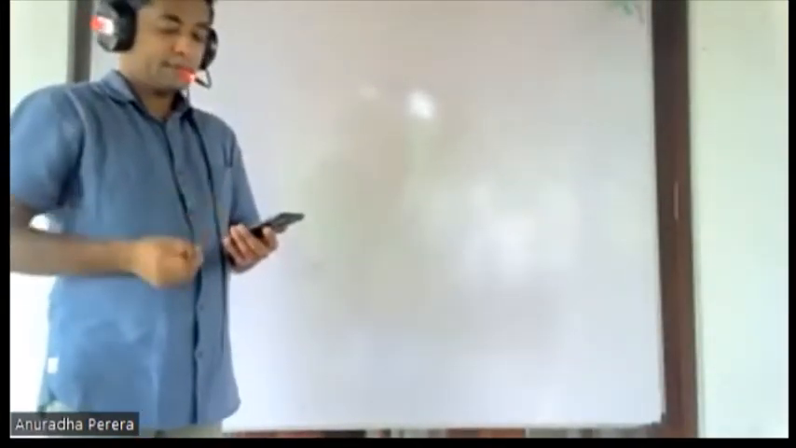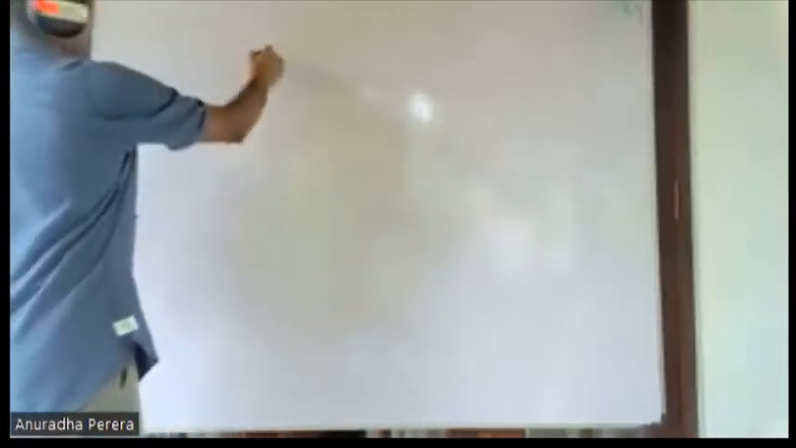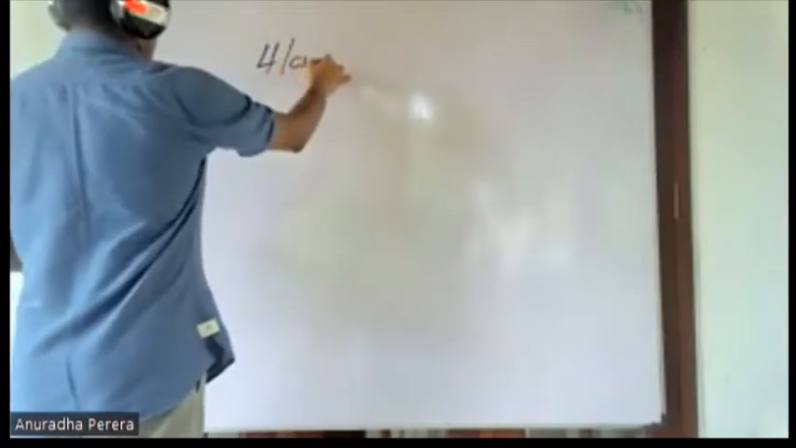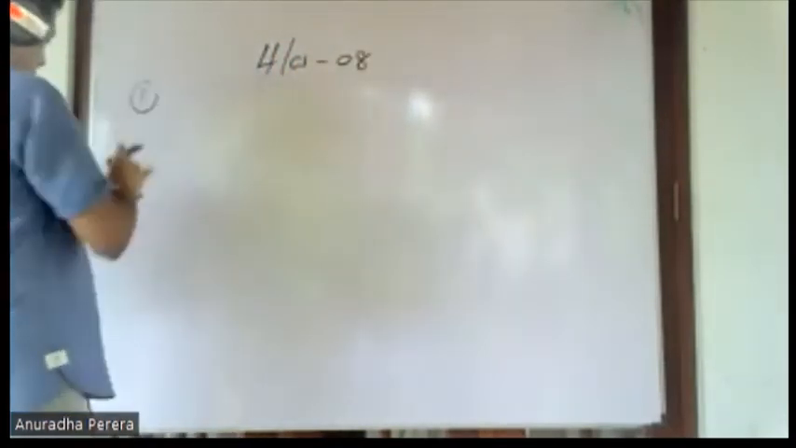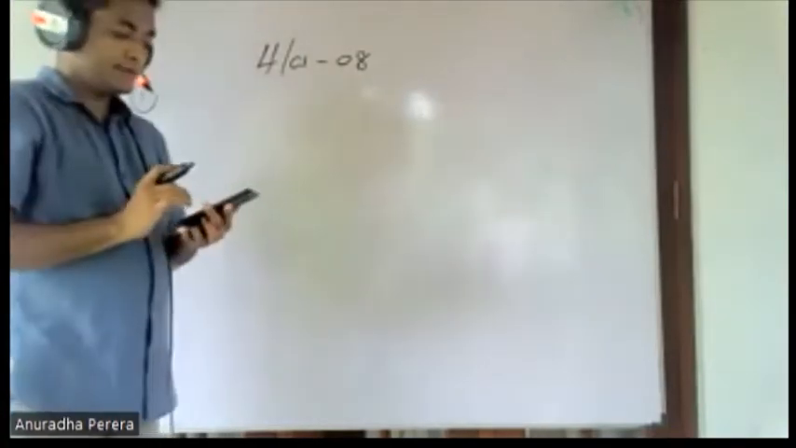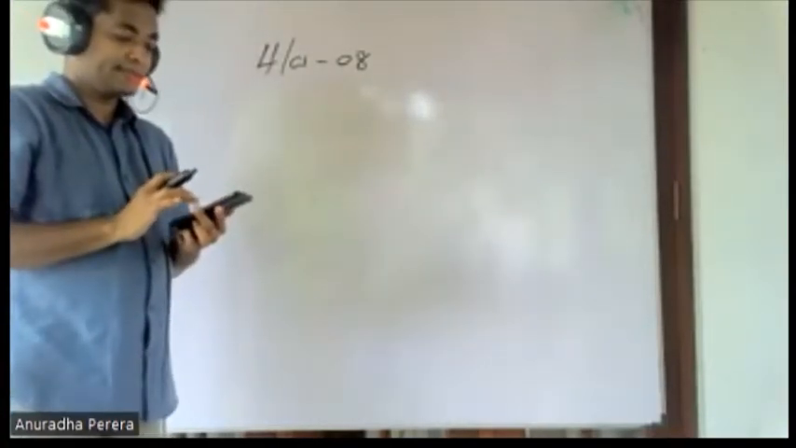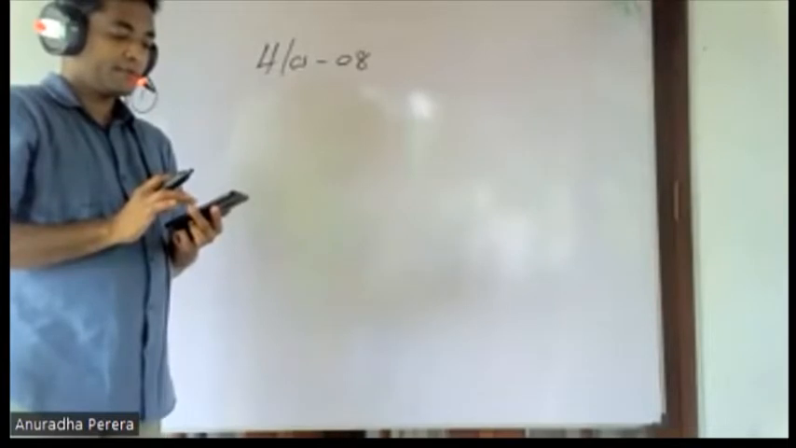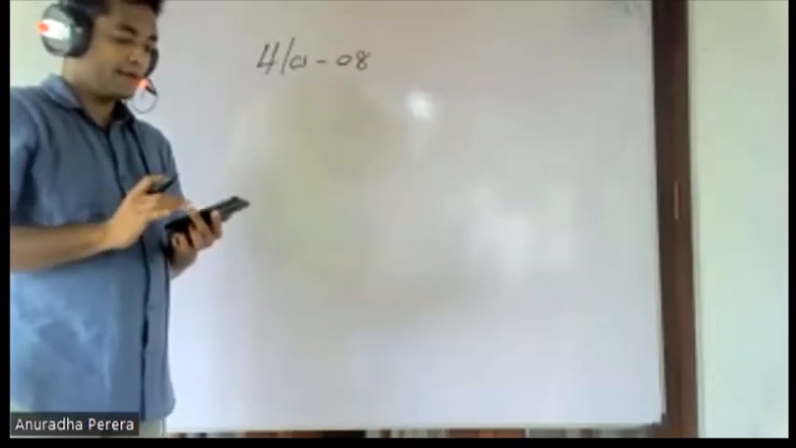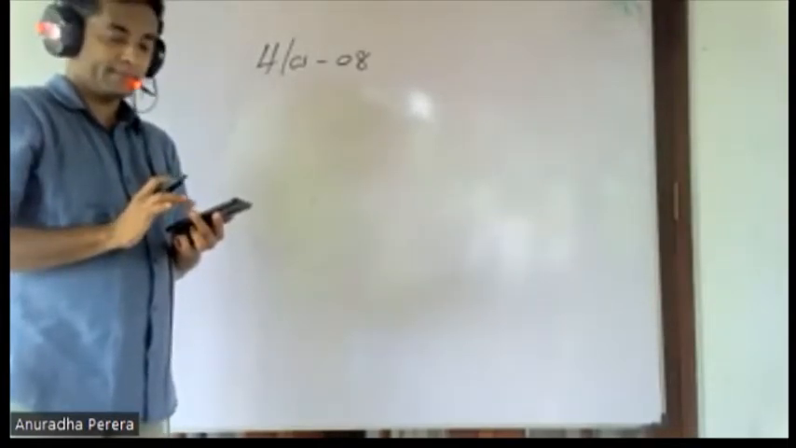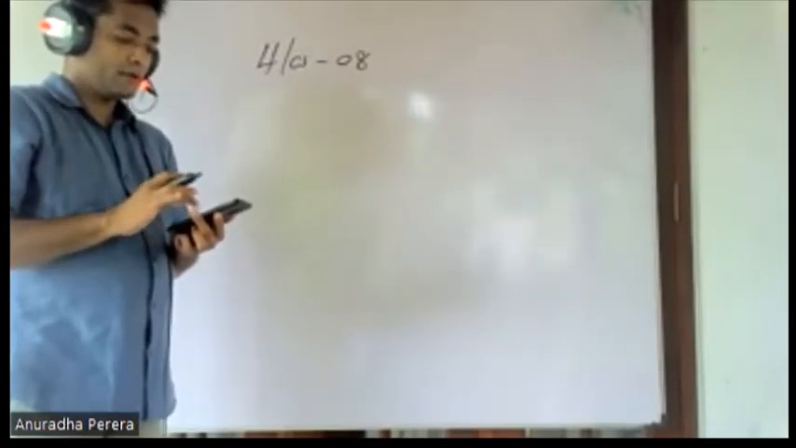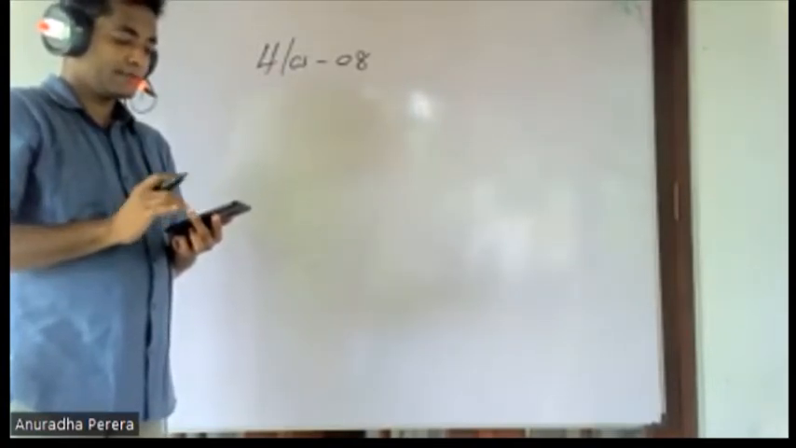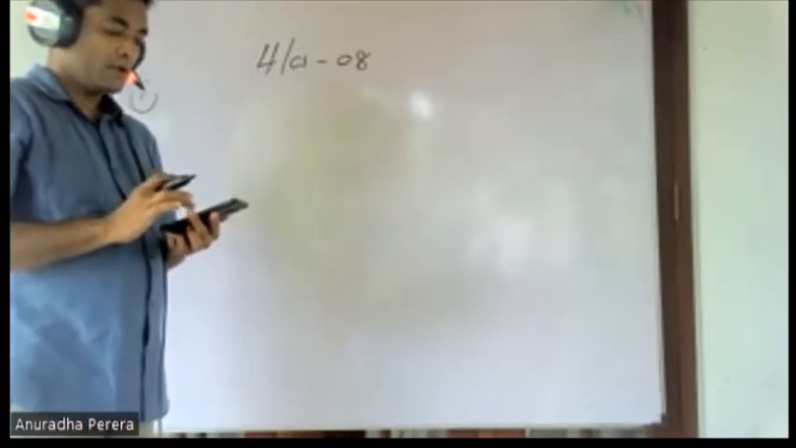Homework number 8. Someone received 40,000 as his salary. He spent 1/4 of it on food and 1/8 on other expenses. He spent 1/2 of the remaining amount on books. What is the total amount he spent on both food and other